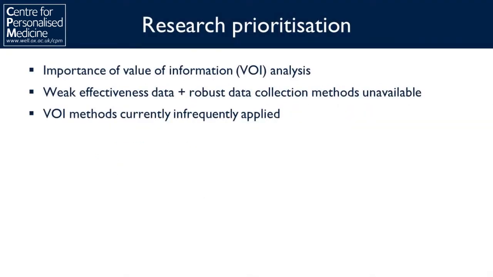There are a few issues that fell outside of these four categories. I'm not going to look at all of them, but one in particular I wanted to mention, which we haven't really touched on today, is research prioritisation. Several authors have noted that value of information analysis could be important in genomics. We've already said there's weak effectiveness data for many genomic interventions, so additional research in this area is obviously going to be welcome,